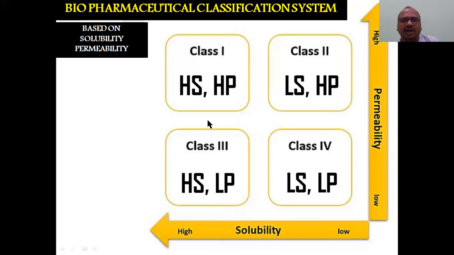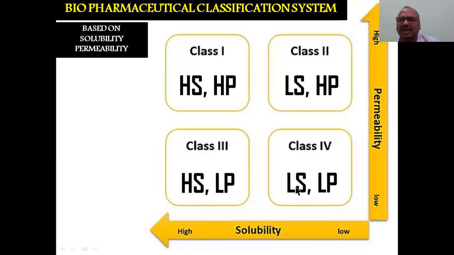Okay. Now, you come to the class 3. This class 3, where is this position, see, high solubility, but permeability is low. For class 3 drugs, you can improve the permeability because there is poor permeability. Permeability improvement is essential. If you select a drug from class 3 and improve the permeability, you will get an excellent project. Your project will be marvelous.